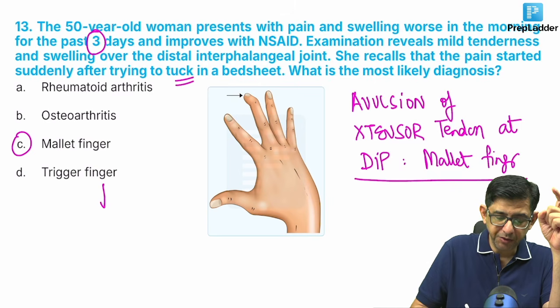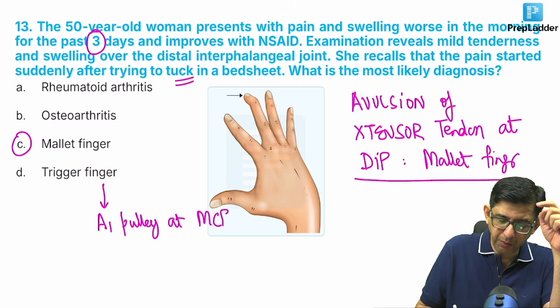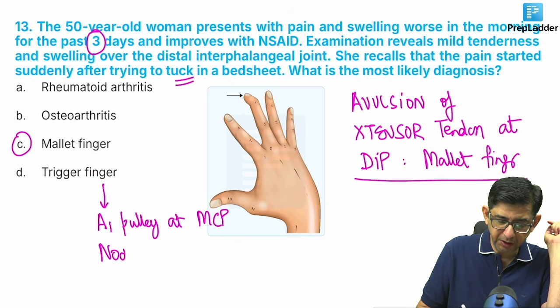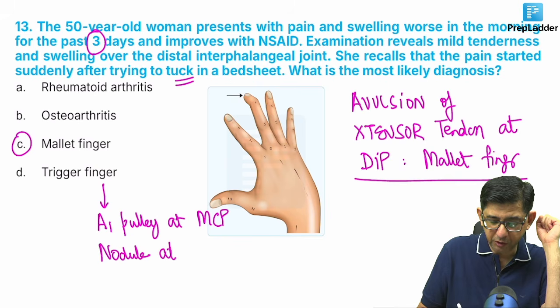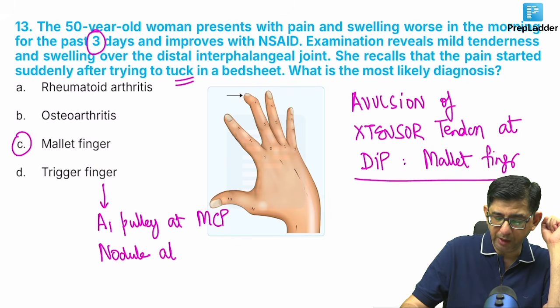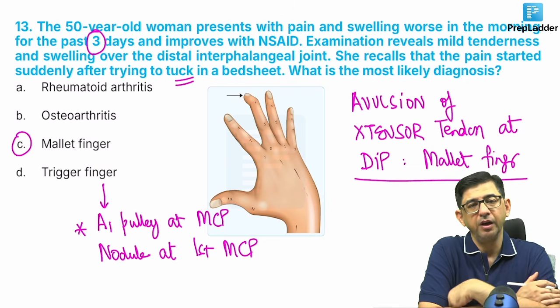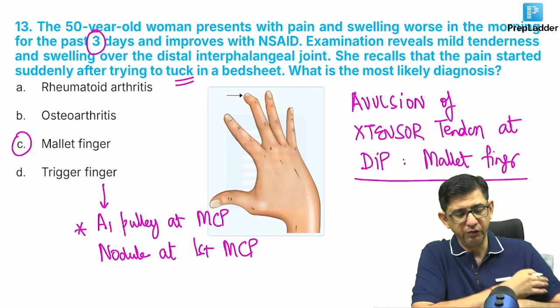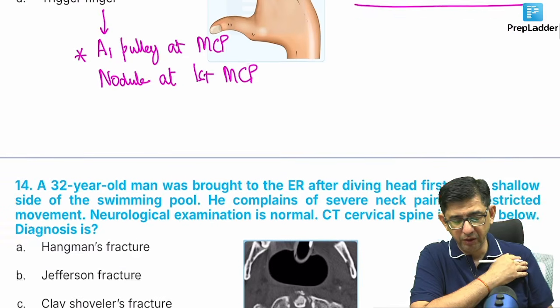In trigger finger, it is the A1 pulley that will get involved at the metacarpophalangeal joint, and you will also feel a lump. At the MCP joint, you will be able to feel a nodule. So trigger finger is a condition where the index finger gets involved, like pressing a trigger; it is a nodule which is palpable at the metacarpophalangeal joint. Nodule palpable at the first metacarpophalangeal joint is a presentation with respect to trigger finger. So the answer in this case is the middle finger getting involved while the patient was trying to tuck in a bed sheet, and that is mallet finger. Yeps. So we sorted the 13th also, very easy to pick up on the basis of the image, and we look at 14th question now.